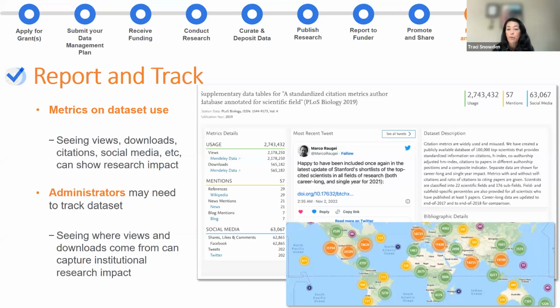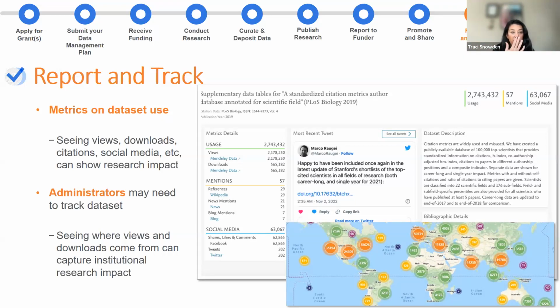And it's critically important because if you've done all the work, you've gotten the grant, you've done the research, you've showcased it, you've got to be able to understand the value of that work to the world. And then you utilize those analytics and metrics to go out and get further funding or further visibility, et cetera. So reporting and tracking is really, really important. And tools do now exist to support tracking usage, mentions, even social media metrics, so we can understand the viability and the impact of our work.